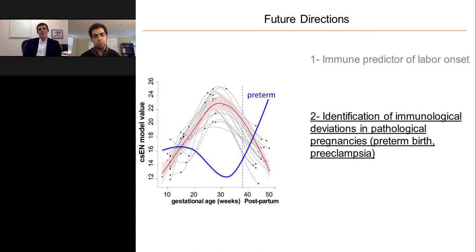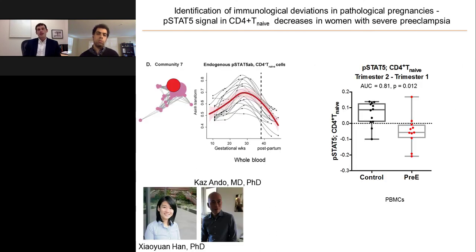I want to show you, before going into the details of these collaborations, very preliminary data in the different contexts of pathological pregnancy, in the context of severe preeclampsia. This is exciting because it is perhaps speaking to the fact that with the approach that we took, we are oriented towards biological phenomenon that may be implicated in pathogenesis of abnormal pregnancies. So again, coming back to this feature of our immune clock model, the STAT5 feature, I want to show you the very